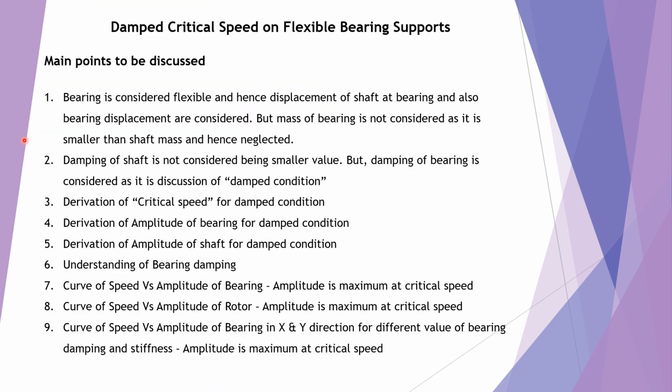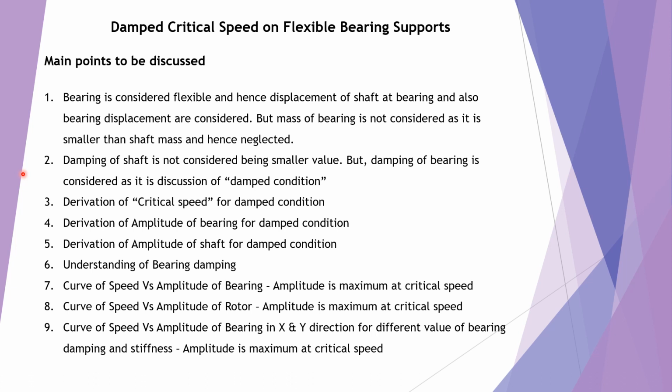These are the main points for damped critical speed on flexible bearing support. Bearing is considered flexible, and hence displacement of shaft at bearing and also bearing displacements are considered, but the mass of bearing is not considered as it is smaller than mass of shaft and hence neglected. Damping of shaft is not considered, being a smaller value, but the damping of bearing is considered as it is a